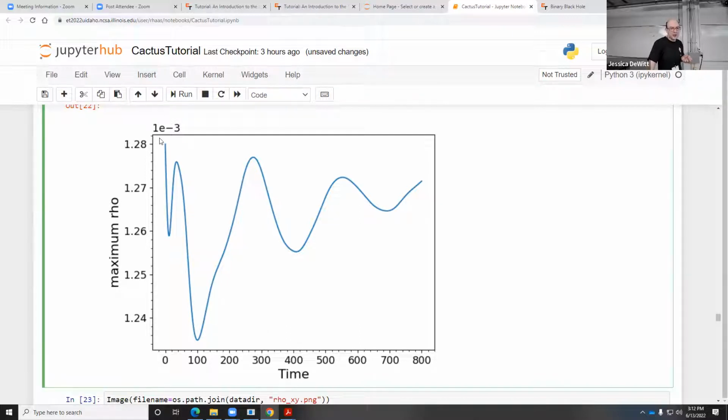And you can see we start off with a density, then it starts to wildly oscillate for a bit. And if I were to let this run for longer, it would eventually settle down to a stable value. So what this means is we take our spherically symmetric star, which in theory is a stable solution of GR, so nothing should change, but you put it on our grid where it actually is under-resolved. So now the star on the grid is out of equilibrium. We let it go, and it's as if we kick the star a little bit, so it rings like a bell, and that ringing is exactly the oscillations in the density that you're seeing. While the cause of the oscillations isn't physical, because it's under-resolved,